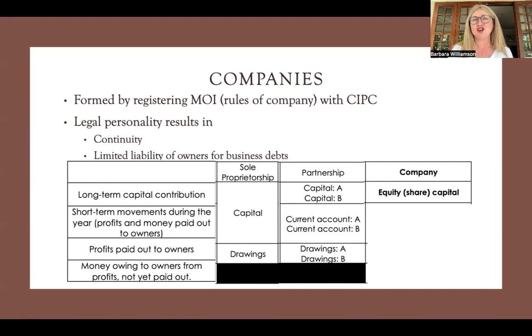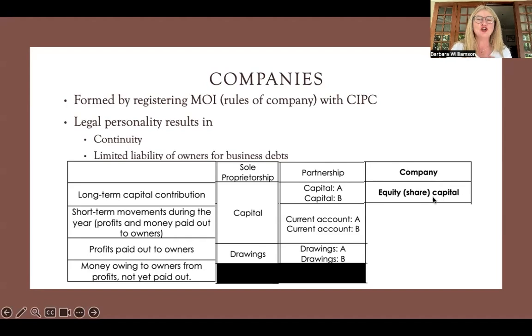Don't worry about the fact that often you'll see different terminology. Get used to the fact that there are different names that we can use for all of these accounts. And if you look at published financial statements, you will see them. So don't take fright, just get used to the different things. But the important thing here is the word capital on the end.